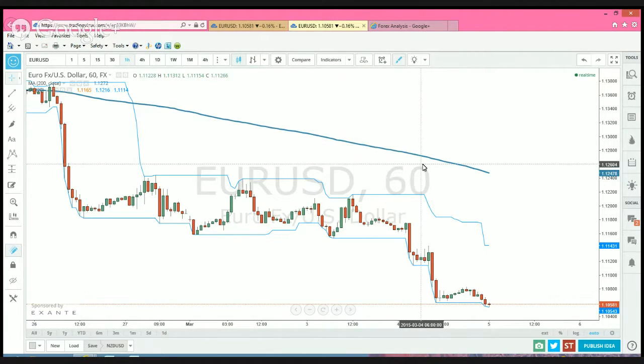Pullbacks, I mean, I wait for pullbacks all the time to enter into trades. I wait for pullbacks to add to positions and things of that nature. So in this type of scenario, like I said, I use the Donchian channels to find a pullback, wait for it to hit the top of a channel or even come close to it. And that's primarily when I'm going to enter into a short at the top of a channel. Now, once I'm in a trade,